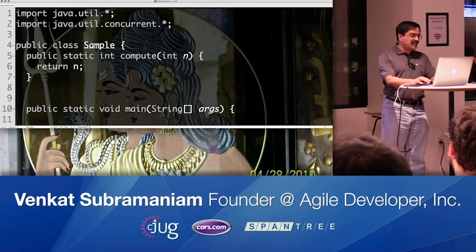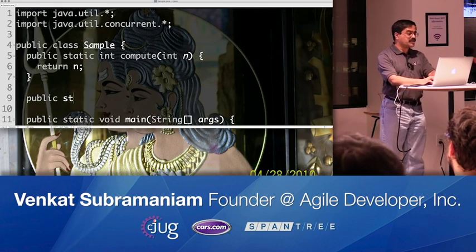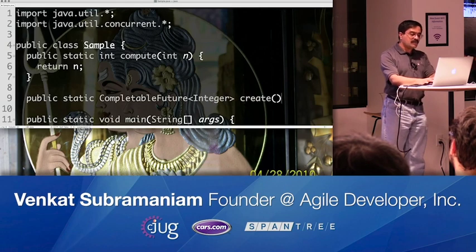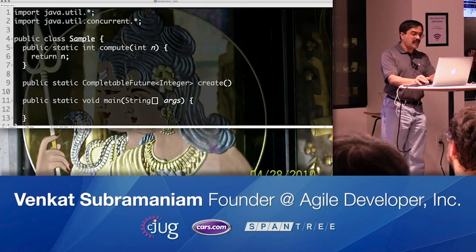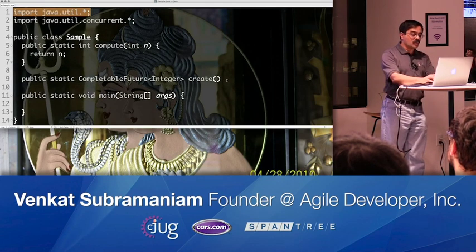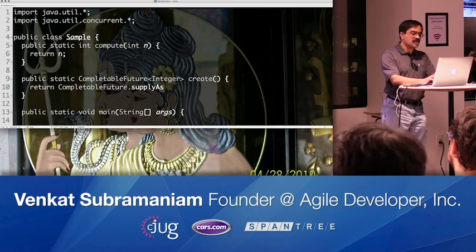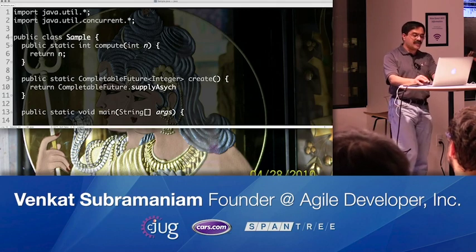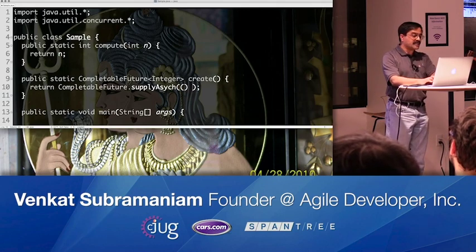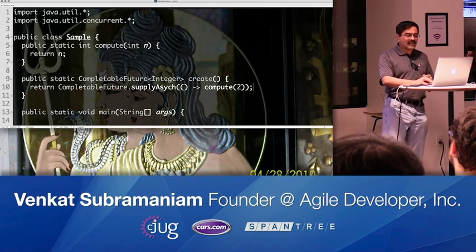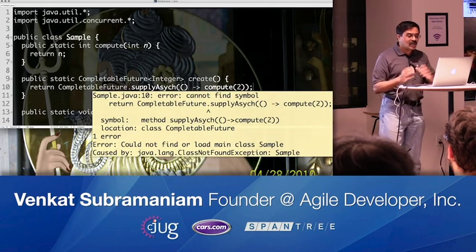So let's start with a little silly example right now. Then what I'm going to do here is start with the next function, and this returns a completable future of type integer, and we'll call it create. Then in the create function, I'm going to ask it to return a completable future. So return CompletableFuture.supplyAsync. So we are saying give me a completable future, but do it asynchronously. And within here, I'm going to give a supplier to it, and I'm going to simply call compute with the 2. So let's start with this little example. Nothing really exciting right now. We'll start with this little code to play with.